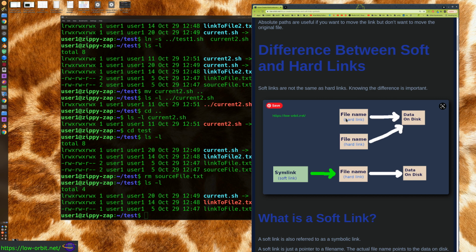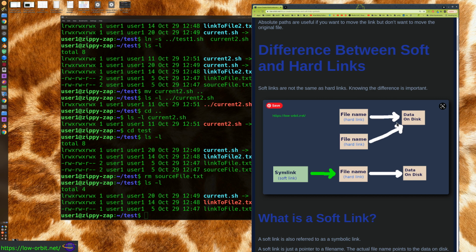The other thing I should point out: so long as you have at least one file name or hard link pointing to your data, the file system will ensure that other data doesn't overwrite it. When you write another file to your disk, it's not going to overwrite this data. But once you remove the last hard link, there's going to be no hard links pointing to that file. There's basically no file name for it, and your file system